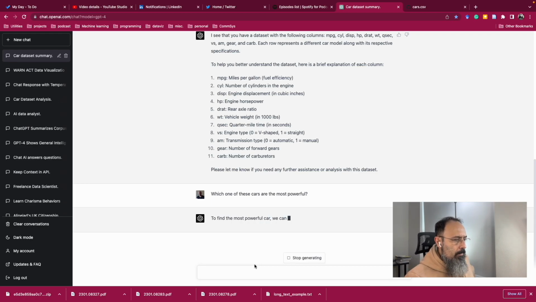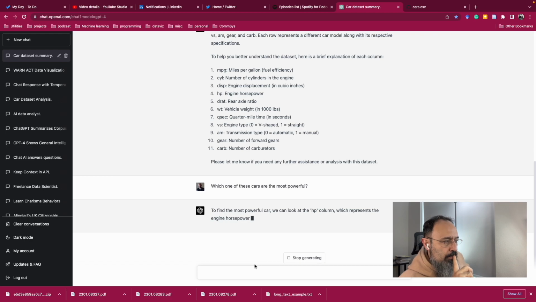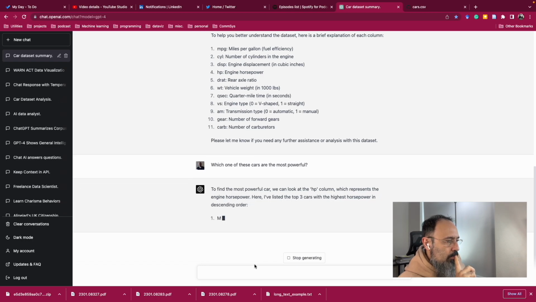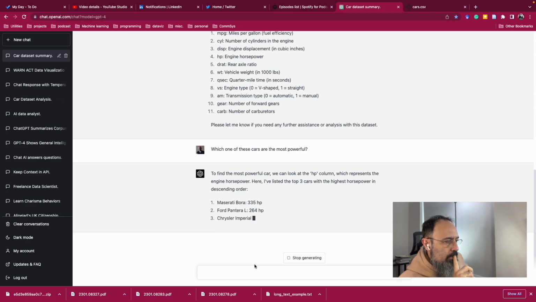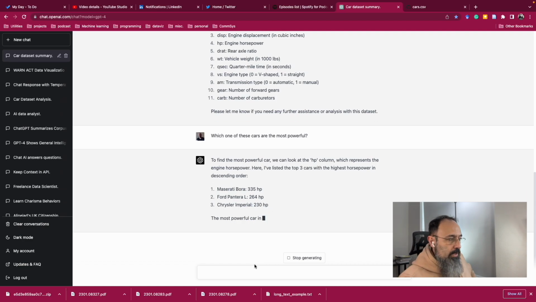Okay, so you understand that it has to look at the horsepower, especially the engine horsepower. The top 3 cars with the highest horsepower: Maserati Bora, 335, Ford Pantera, 264, Chrysler Imperial, 230 horsepower. The most powerful in the data set.